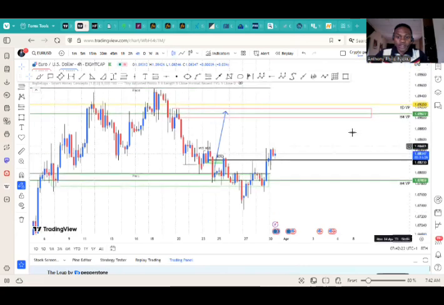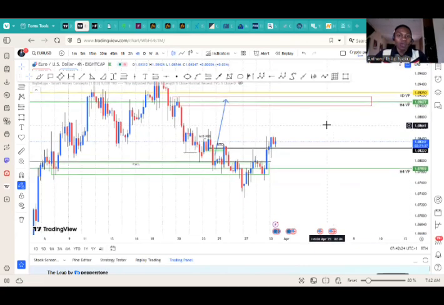Euro USD. What I like to do is analyze last week, and when I'm done analyzing last week, I don't delete the analysis. I hold on to it. So when I want to analyze a new week, you guys will see, okay, this was the analysis for last week, and this is what the market did. And then let us now know how we can forge ahead.